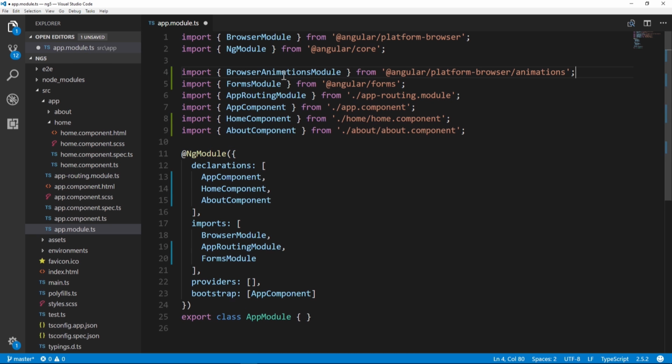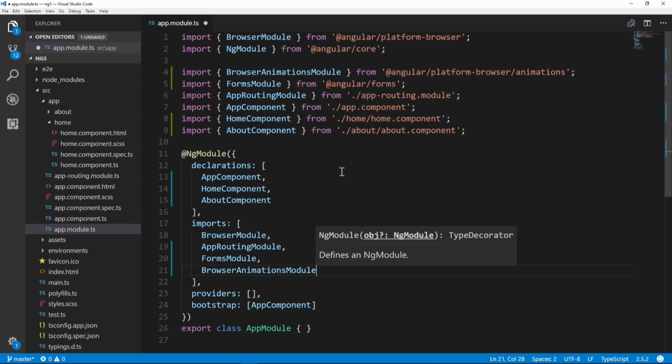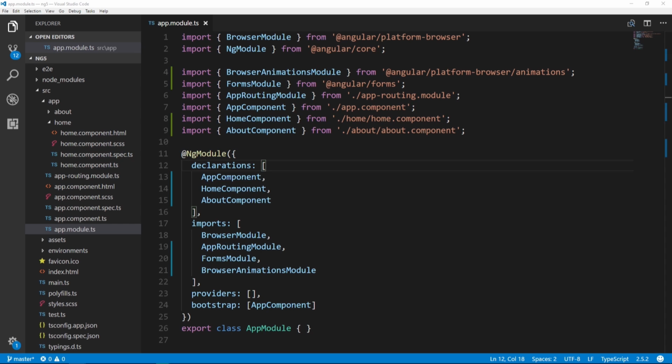So it's import BrowserAnimationsModule from the Angular platform-browser animations library, and then we take this and add it as an import. All right, so we'll save that. Now we want to actually import the animation to the given component from which we want to add the